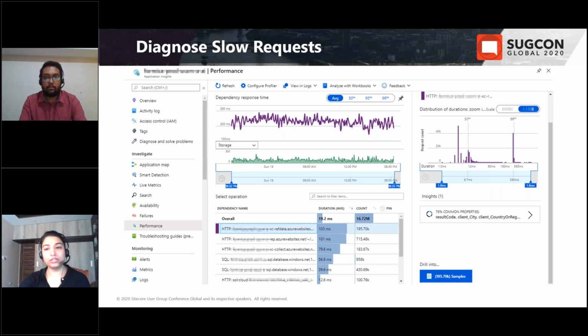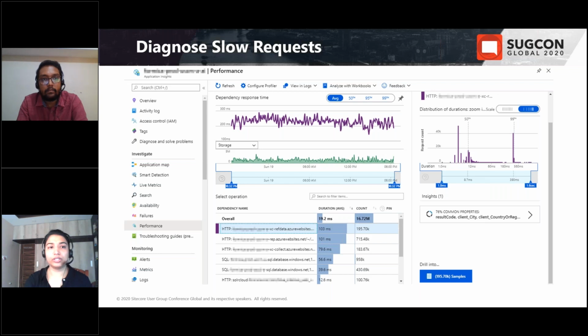So in this example, you can see the HTTP calls to different server roles, for example, reporting, routing, Solr Cloud, etc. have been listed. You can select any dependency request from this list for further diagnostics. After you select a dependency, a graph of that dependency's distribution of durations will show up on the right. And if you notice, there is a blue Samples button on the bottom right, which shows sample requests for the dependency. By selecting any sample, you can see the end-to-end transaction details.